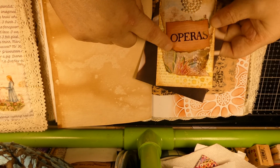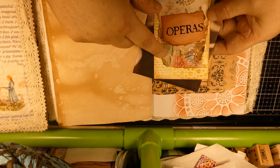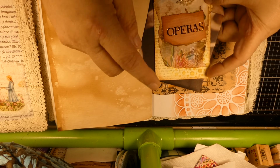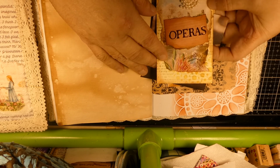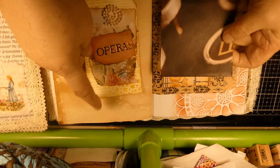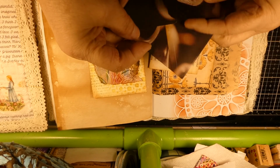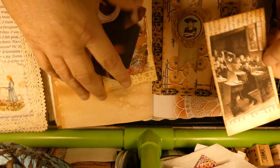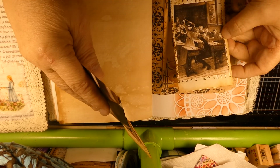Scrap of paper from a page from the kit that didn't print well. I was running out of ink, so the colors were off, so I just tore it up for using on tags. And some stamping and stenciling behind there. Another one of those little pockets, and this one actually does have a scrap of paper in it. MrsCogs on stamped,